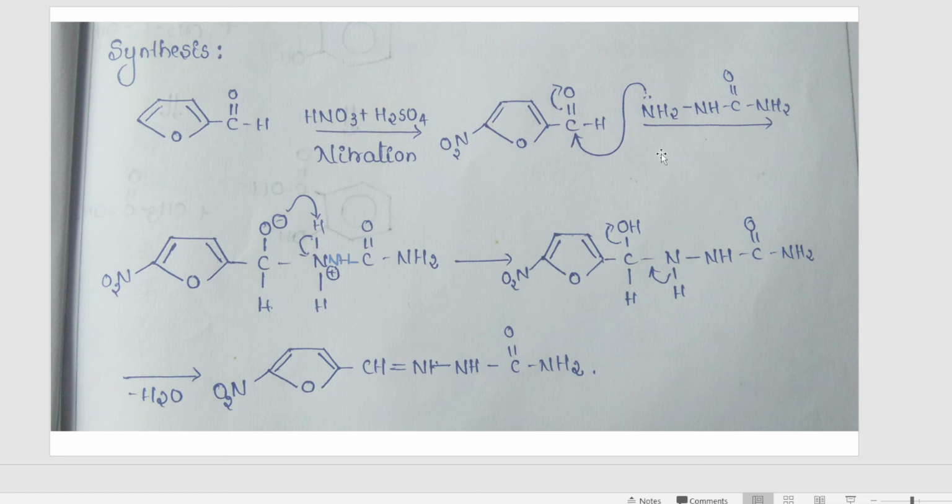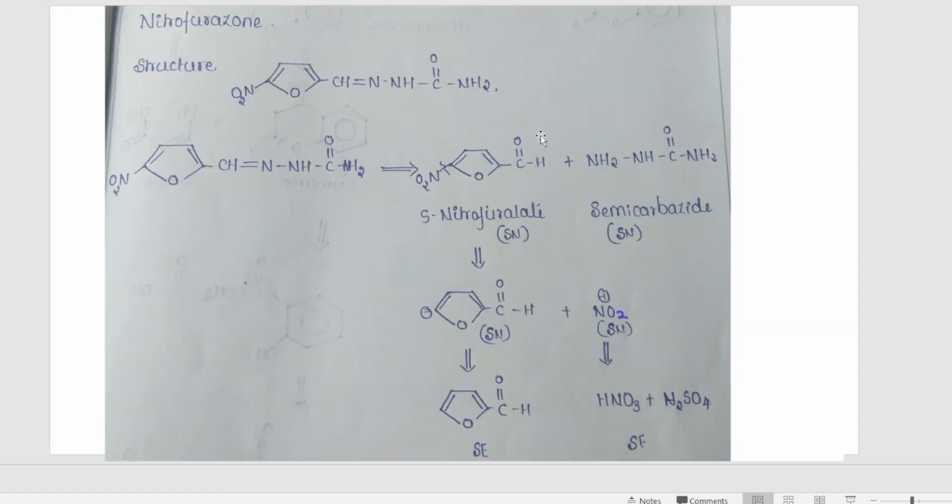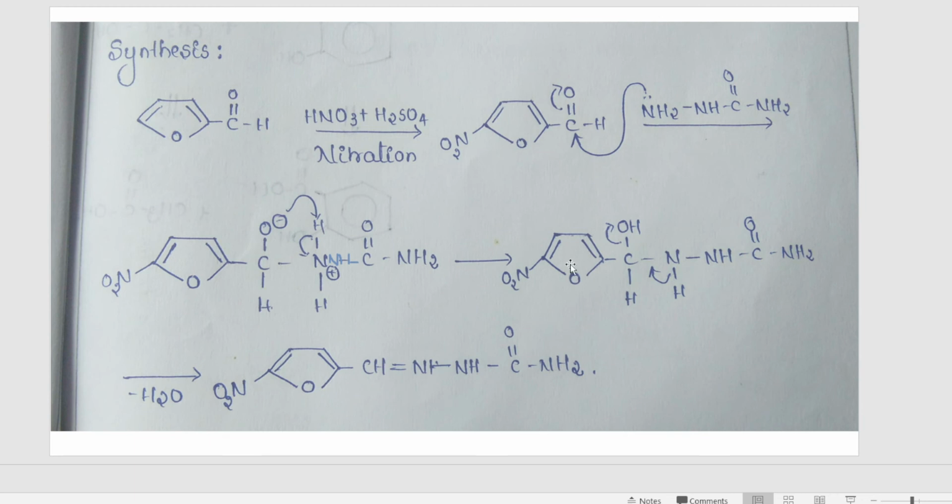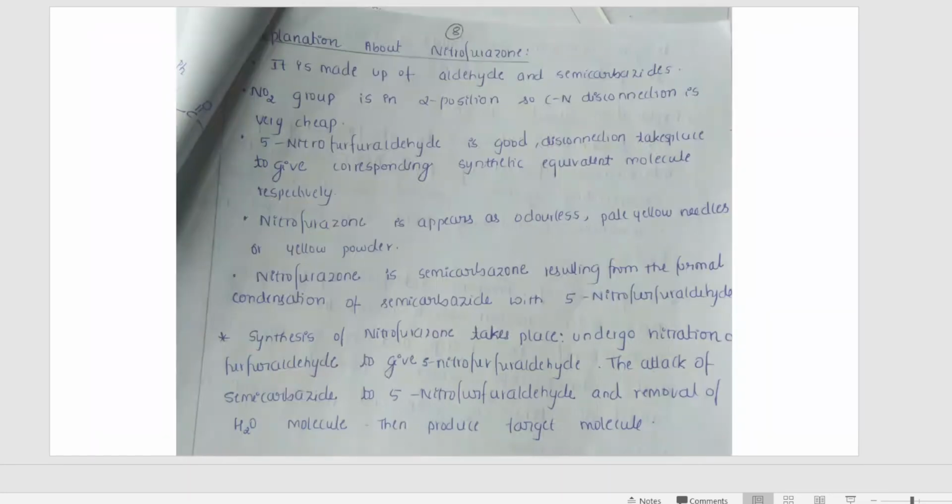This is a synthesis. Now see, in retrosynthesis we are not writing this. It is written in one step itself, but actually the synthesis goes about 2 to 3 steps. That is elimination of water, and we're showing the electron shift and everything. That is required. In synthesis, you have to write it in a little more detailed manner. Next, in exam, you are also expected to give a little explanation about that particular molecule.